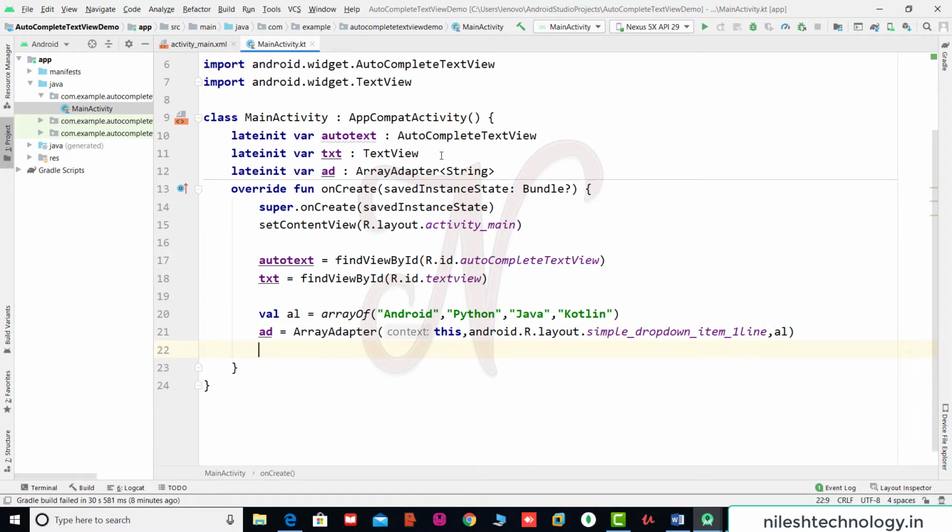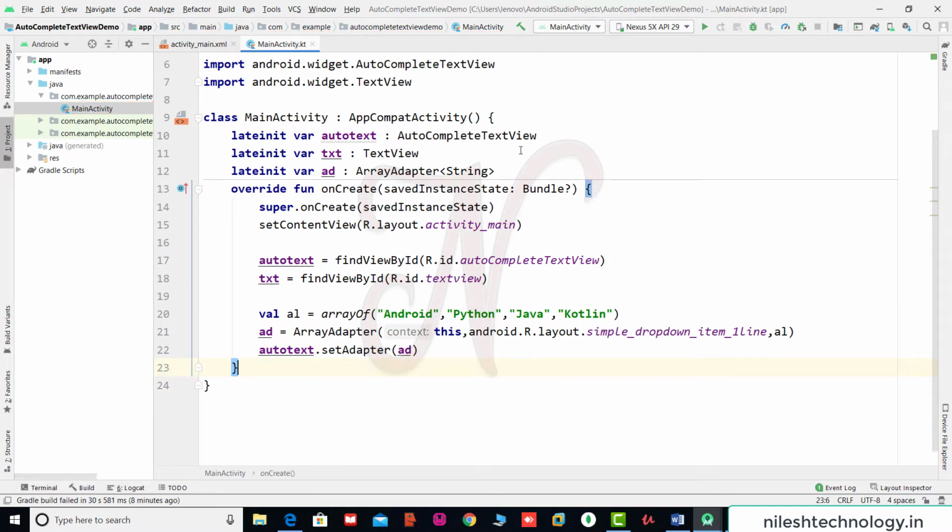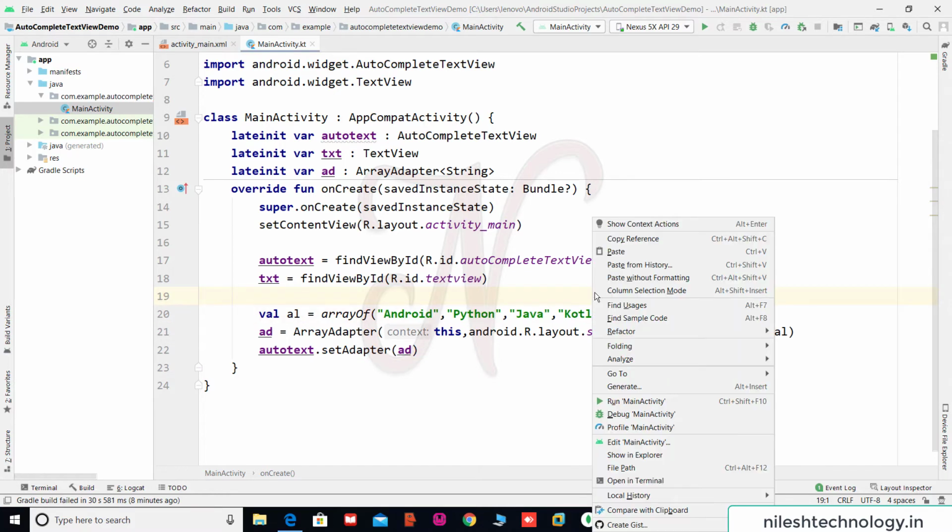Then set this adapter object to the autocomplete text view: autoText.setAdapter(ad). In this way we remove this error. Now run this code, and we will test whether the strings are coming in the autocomplete text view or not. Let's run this code.